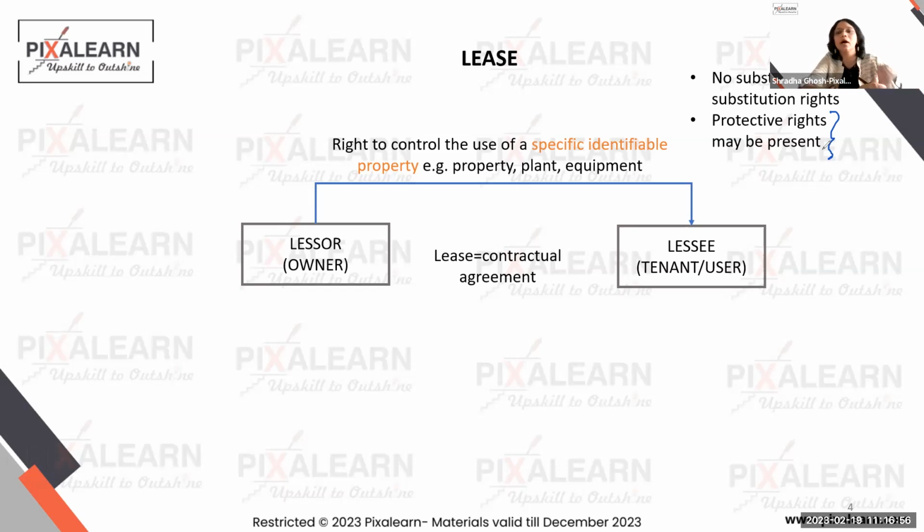So all of those are okay because it is the owner's asset which is going to go back to the owner. So we can have protective rights, but we cannot think of substantive substitution rights for the asset that we're talking about under lease. Okay. So typically, I am the owner. Tesla will give the right to use the car, which might come with certain apprehensions. So we'll go talk about what these leases are.